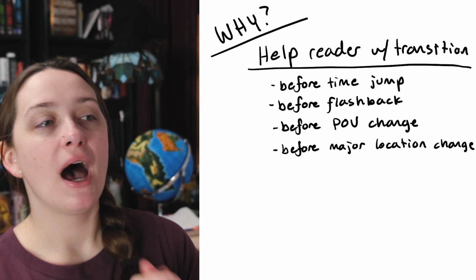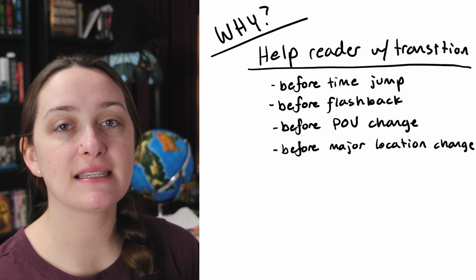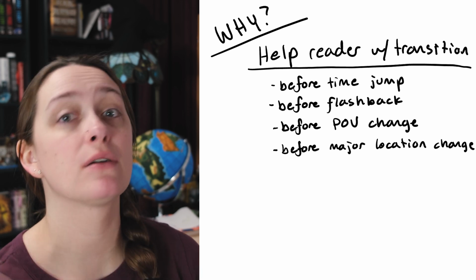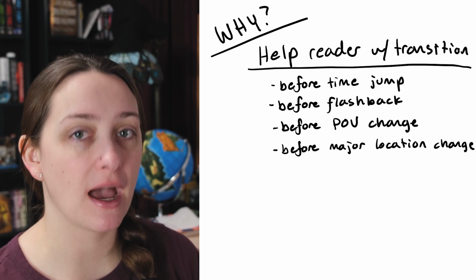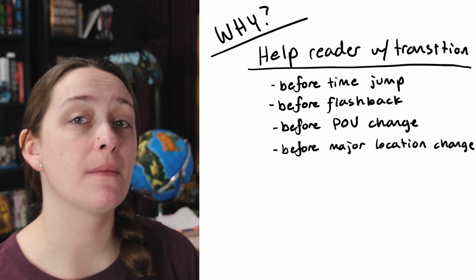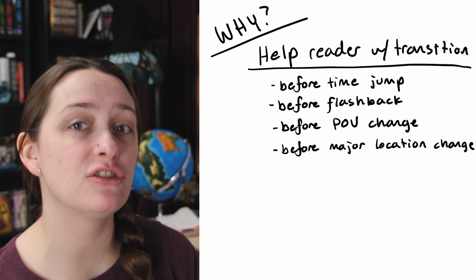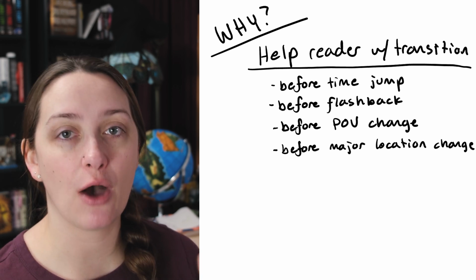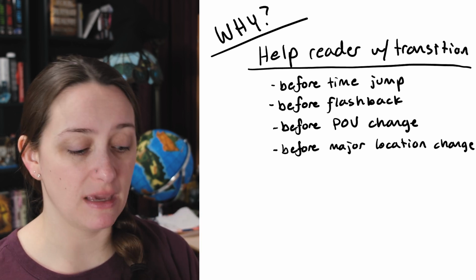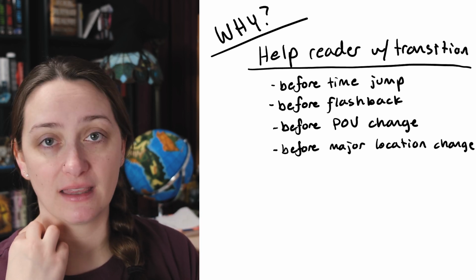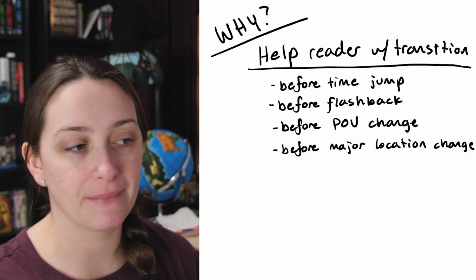So then another reason, transitions can be hard for a reader, right? Having these at the end of a chapter can really help the reader with that transition. So you could end a chapter right before a time jump. You could end a chapter right before a big flashback. You could end it right before a big POV change. You could end it before a major location change. And these can help the reader disconnect and reframe themselves where you need them to be, so they don't keep reading, miss that the transition's happening, get confused and pulled out of it, right? Because we don't want that to happen.